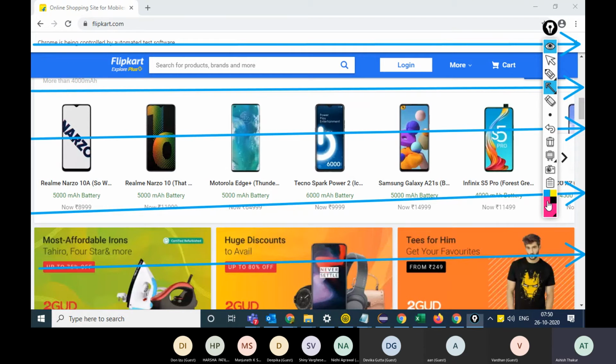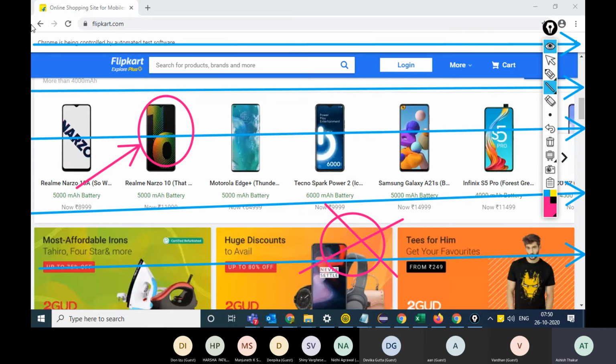If there are two elements on the web page that have the same ID, say there is an element over here and there is an element over here, both having the same ID, then by default Selenium will use the first one and ignore the second one.